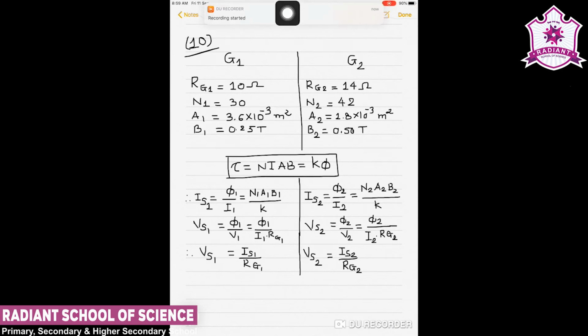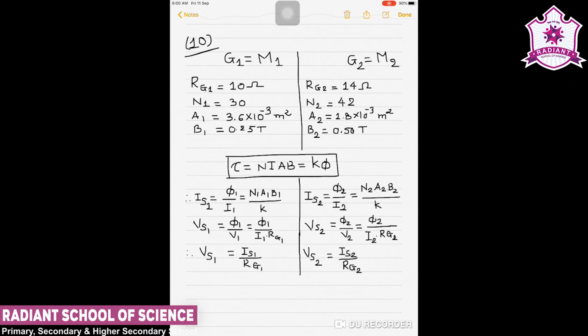Hello dear friends, now we will move to example number 4.10 of the exercise. We are given in the question very important things. On the basis of that, we have to calculate whatever is asked. We are given that two moving coil galvanometers M1 and M2 have the following particulars. Suppose we have this galvanometer, that is G1, they have given the name M1, moving coil galvanometer, and this G2 I am naming M2 as per the textbook, having the following particulars.